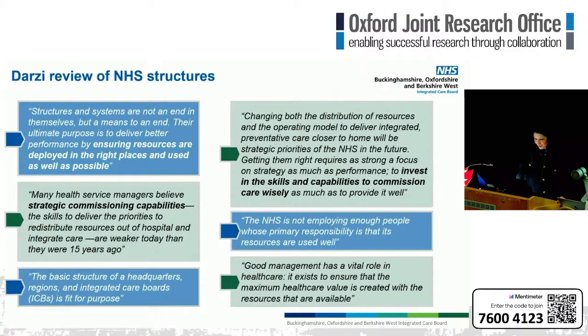So Nick mentioned earlier that as ICBs are currently constituted, we have some strategic roles, we have some delivery roles, and effectively we have Excel spreadsheets worth of statutory responsibilities that don't all necessarily make sense together. And I think what we're going to see is a streamlining of the focus of what does it actually mean to be a strategic commissioner, to use your population health budget to best effect, to deliver best value for your